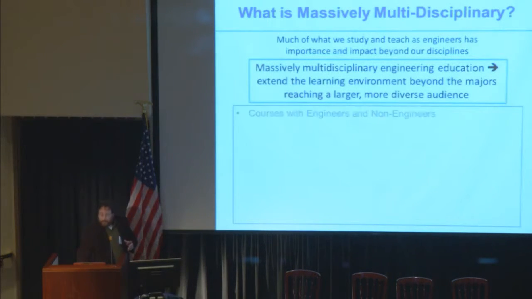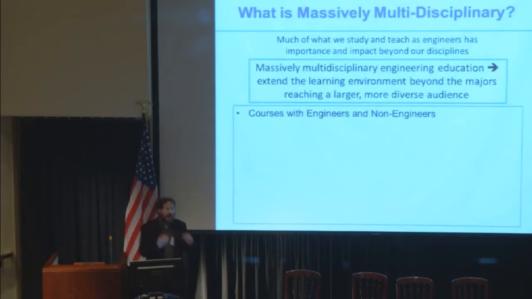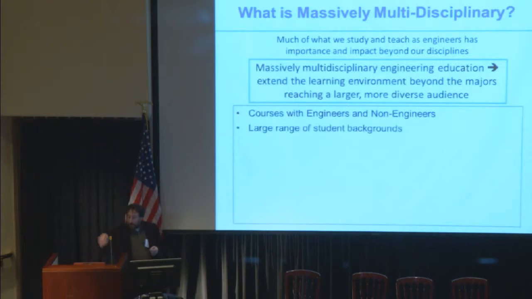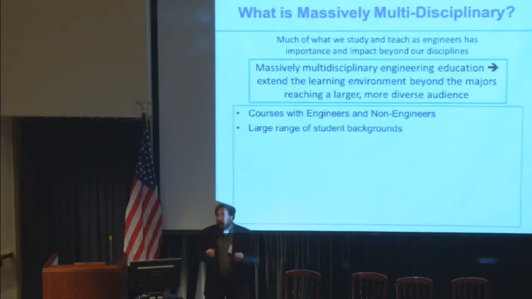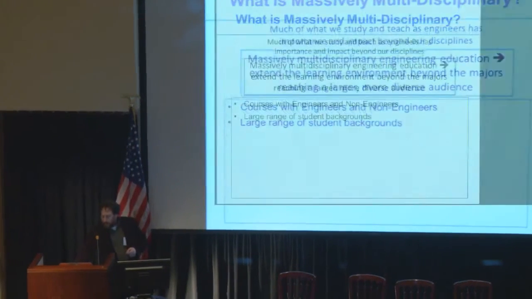Now, there are a number of interesting aspects to these kinds of courses. First of all, these tend to be courses that have a combination of engineers and non-engineers. Or maybe they're courses that have no engineers, no technical people at all, yet we have to get those technical ideas across. These courses have tremendously large ranges of student backgrounds. When you go into your core chemical engineering class, most people are on board with a certain set of mathematics or basic chemistry. You might have students that have never seen an equation since their freshman year in high school, or people that are horribly, horribly afraid of math and science.